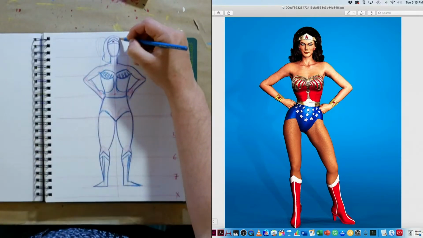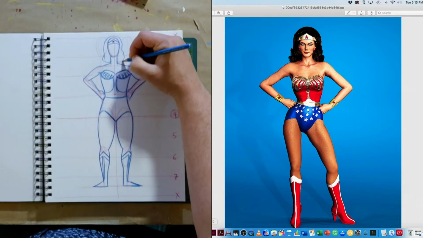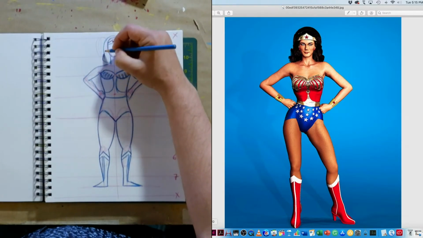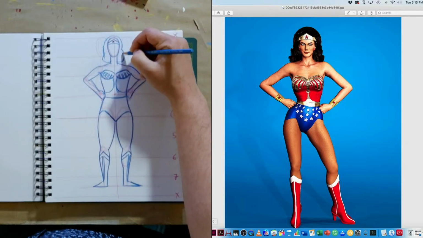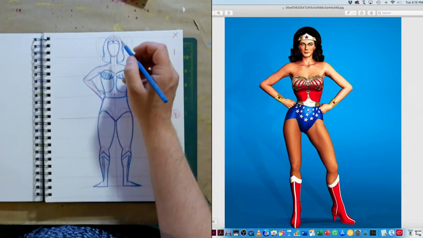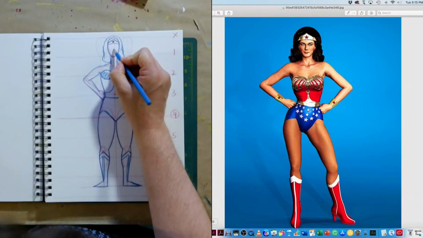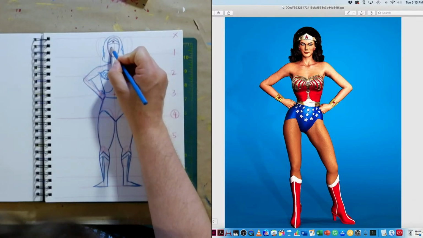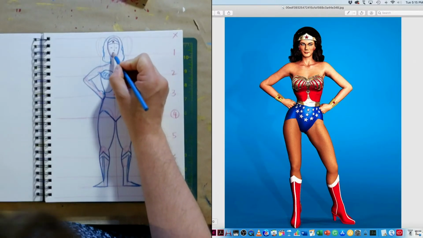Can't quite see exactly what her hair, she's got this really big hair. We're not going to draw too much of her facial features, but